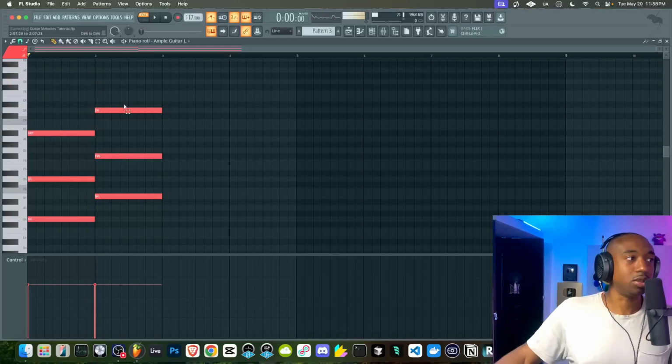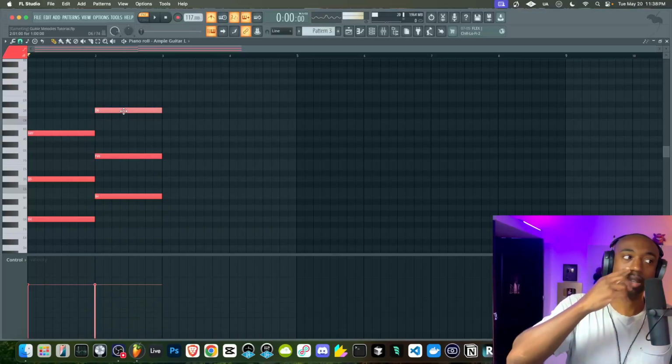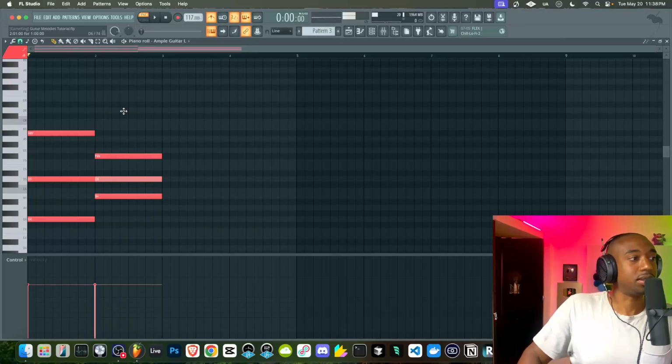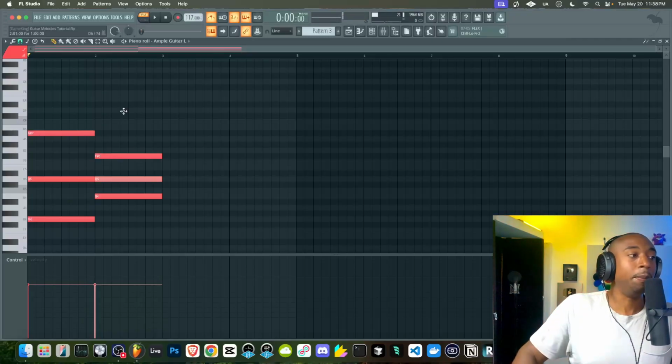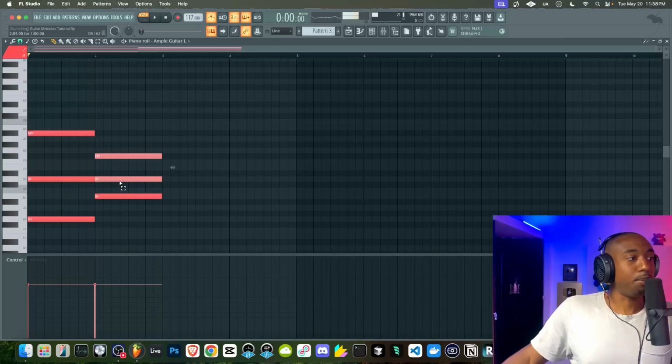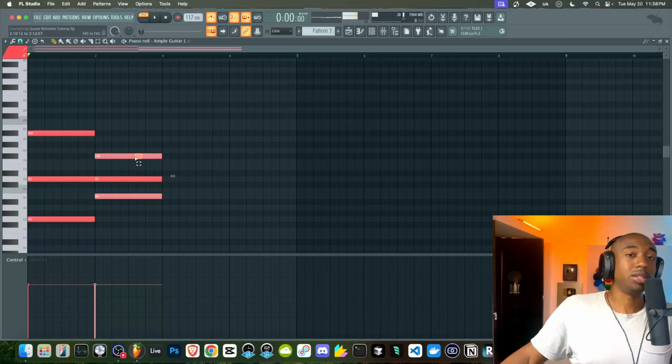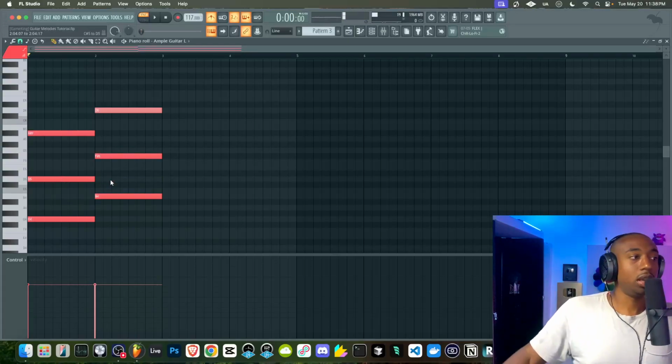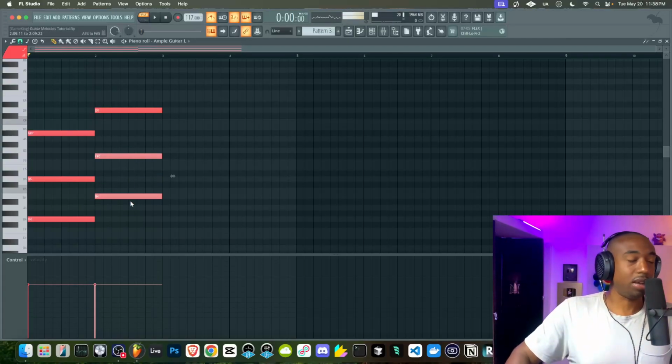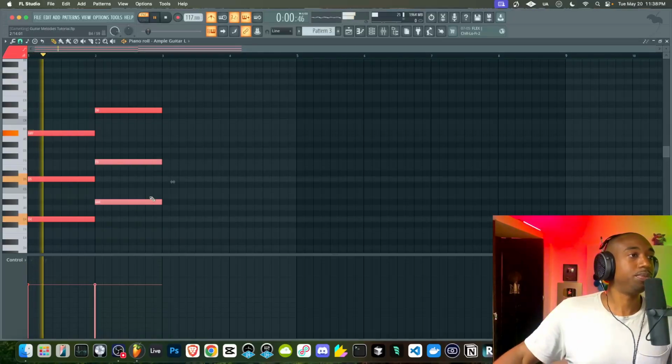Now this sounds wrong. So what we're going to do is pull this back down just to see what kind of chord type it is. And the short answer is if we want to convert this to a major, this sounds more complicated than what it is, trust me. If we want to convert this to a major, we need to take these bottom notes and just pull them down one. So if it sounds wrong, just take these bottom notes and pull them down one, hit Shift down.